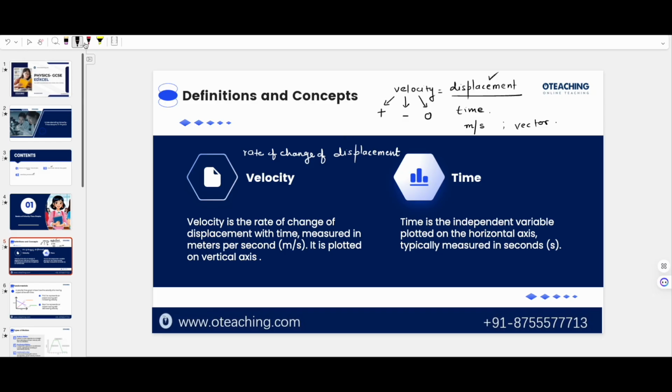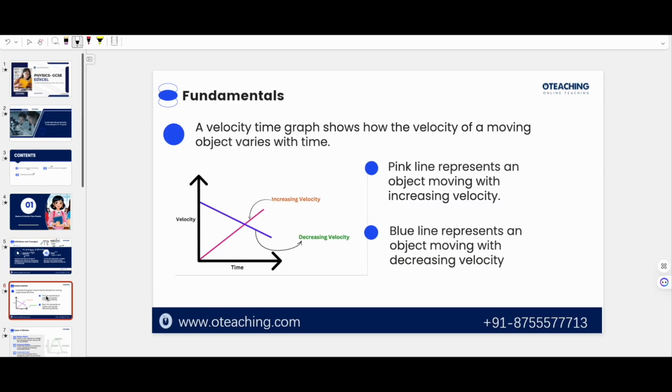Do remember, when we are plotting the velocity time graphs, the velocity is placed on the y-axis because your velocity depends upon the time, and time is placed on the x-axis, right? And here time is measured in seconds whereas velocity is measured in meters per second. I hope we are clear till this point. Okay, let's move to the next slide, and that is the fundamentals when you talk about the velocity time